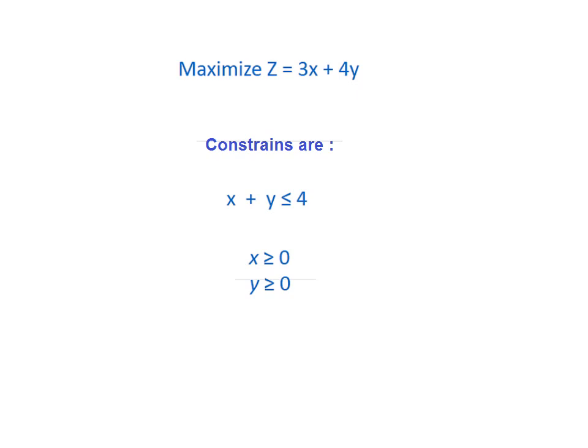Then we look at the conditions or constraints given to us. There is only one important constraint that is particular to this problem, that is x plus y is less than or equal to 4. But the next two constraints are standardized constraints that will be given for all the problems, because we are talking about real life problems which all have non-negative values. So x and y both are non-negative, meaning greater than or equal to 0. So three constraints are given in this case.